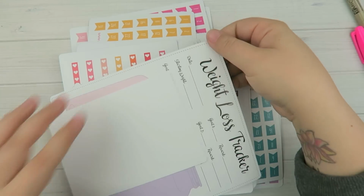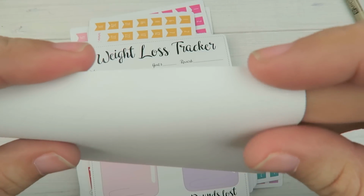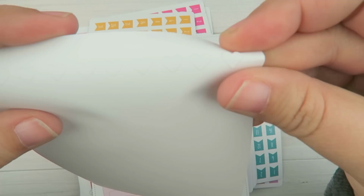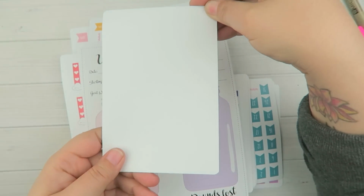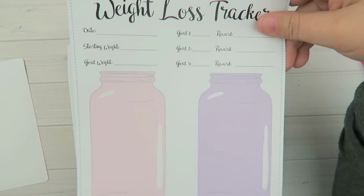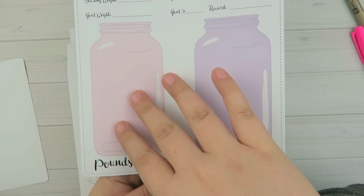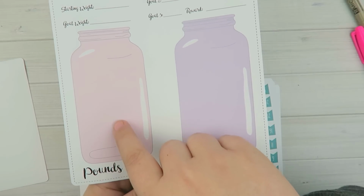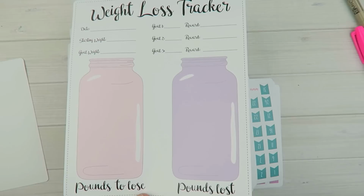And then the next one is this weight loss tracker. This one, it looks like nothing, but if you look really close, do you see those little hearts? So what you do, it comes with 120 hearts. If you need more, you just definitely let me know and I can get you more. But you stick the how many pounds you want to lose, so you put all the hearts in here. And since they're repositionable, every time you lose a pound, you move it over into this,